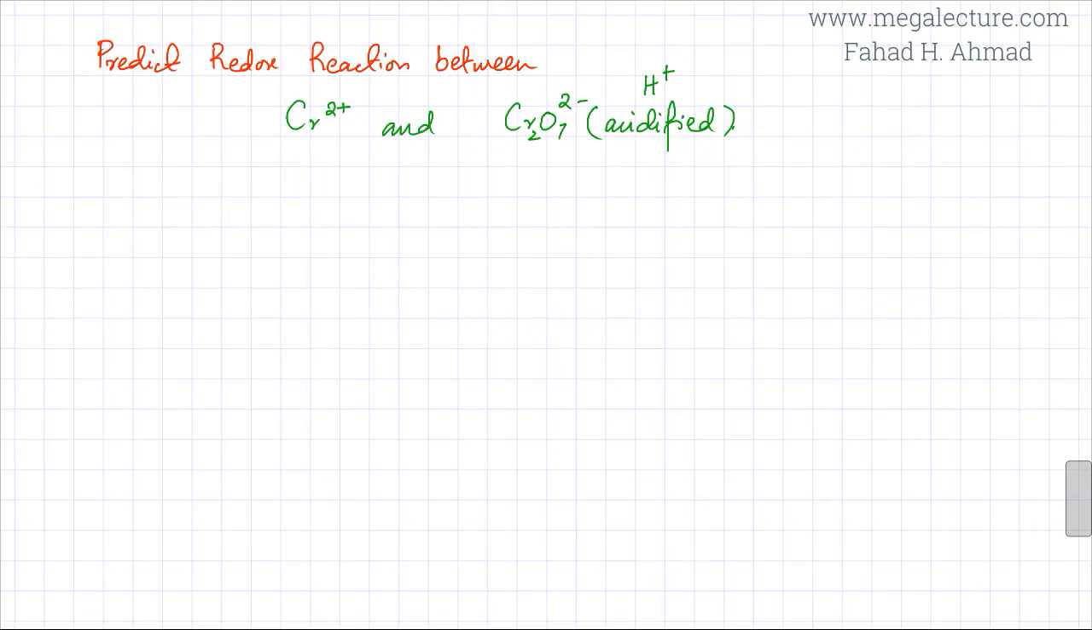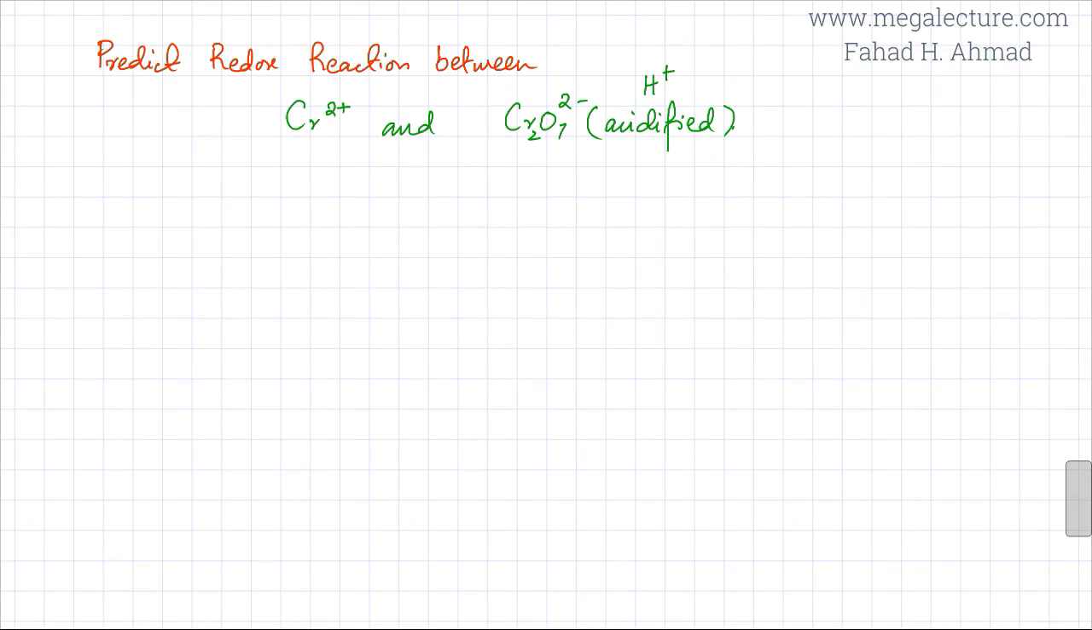In the following lecture, we're going to predict the redox reaction that's going to take place between chromium 2+ ions and Cr2O7 2- ion. And it's an acidified solution, which means that there would be H+ ions present in the solution as well. So you have 3 species that are present, and we are going to now use the data booklet